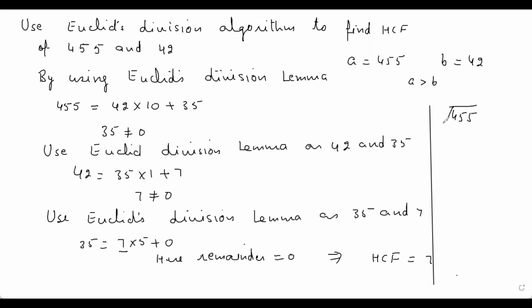455 divided by 42. 42 ones are 42. This is 3. This is 5. 42 0 0. This is 35. Now 35 is less than 42, so now 42 is the dividend. 35 ones are 35. This is 7. Now 35 is the dividend. 7 is the divisor. 7 fives are 35. 0 is the remainder. So if sometimes you find it difficult to use mental calculations, then take the help